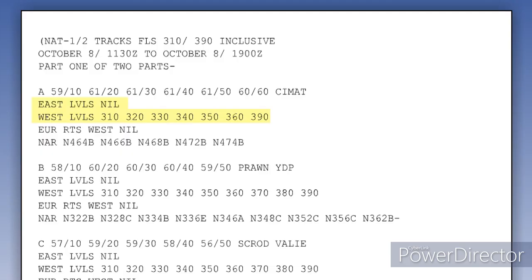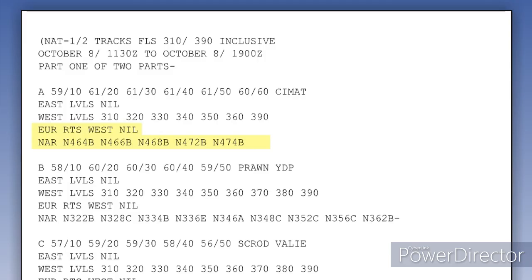Eastbound levels first, then westbound. In this case, eastbound levels are available for random flights only, but in practice are unlikely to be allocated. And flights on NAT Track A can use flight levels 310 to 360 inclusive at 1,000-foot spacing, plus flight level 390. The fourth and fifth lines denote the specified feeder routes between the oceanic entry and exit points and domestic